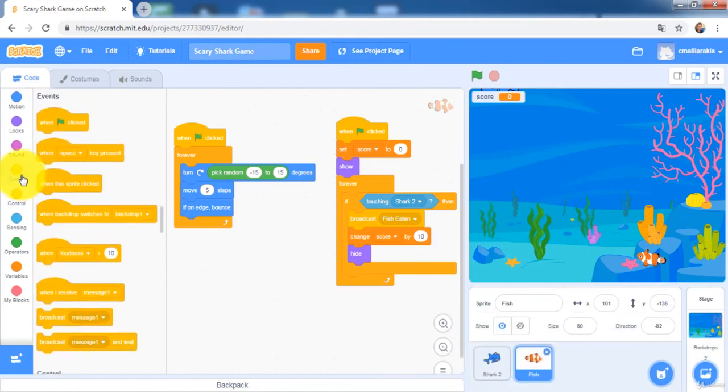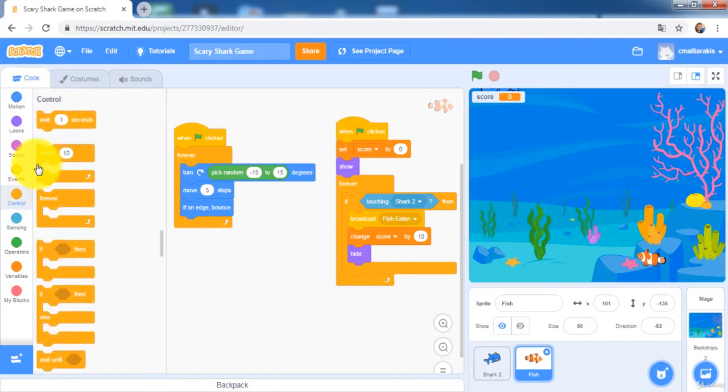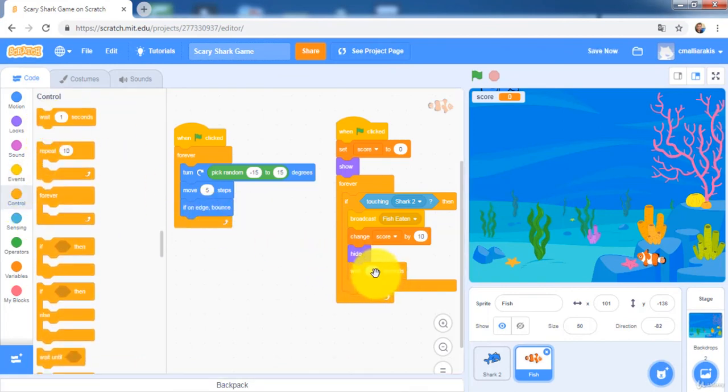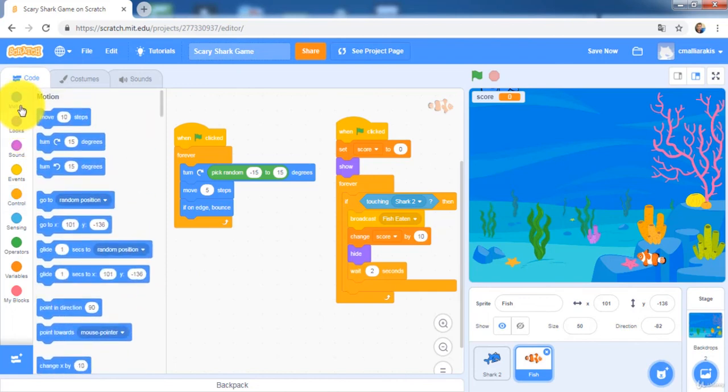So I will go to the events, and then I'm sorry, to the control, and then I will wait for 2 seconds, and I will go to x, which will be for example -200,